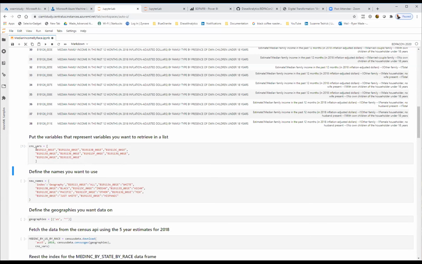So in the cell here that we already activated, you see that we created a variable that holds all the variables or data points that we want to get information on. And these are variables or data points that are broken out by race. And then this second cell is creating another variable that's using a data type in Python that's known as a,